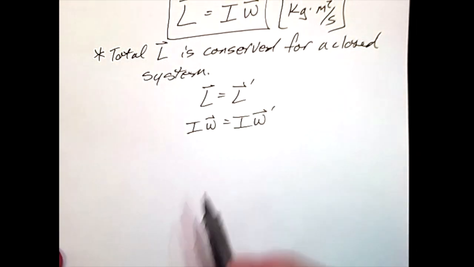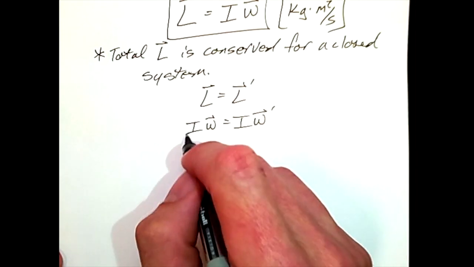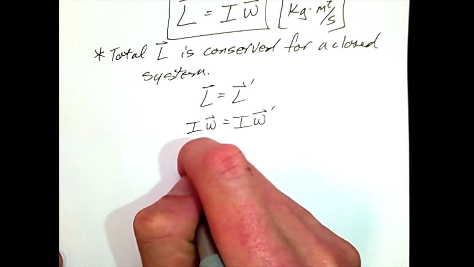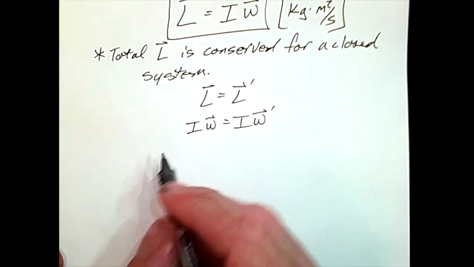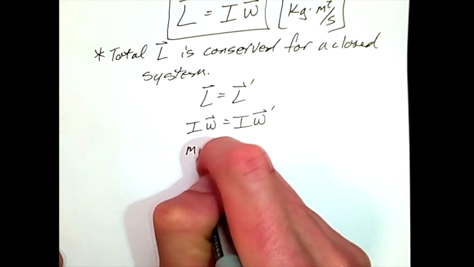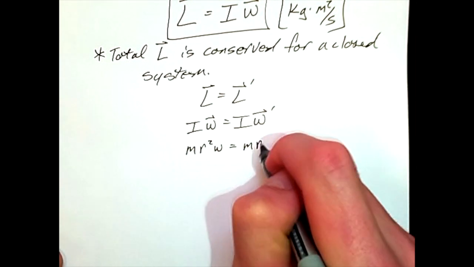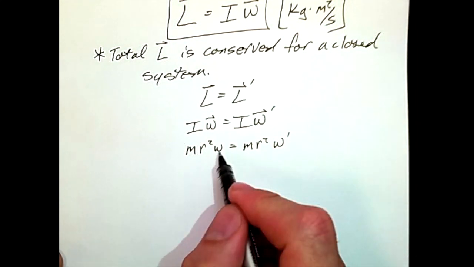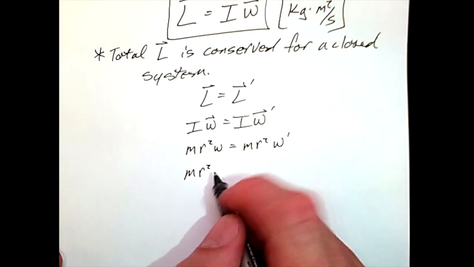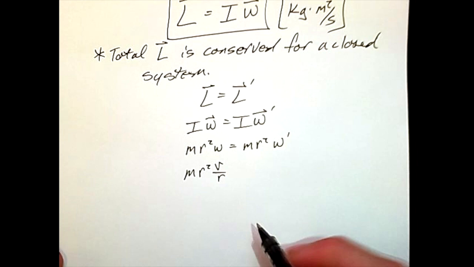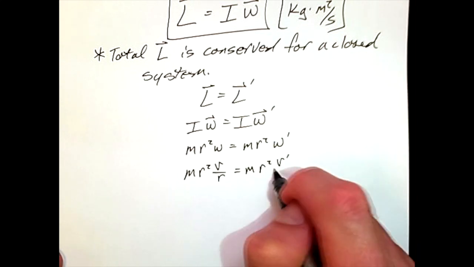If we carry through the variables for omega and I as we saw before, the moment of inertia of an object, let's just assume is a hoop or a point mass for now. The fractions, of course, would cancel out anyway, so it doesn't really matter. Let's say mr squared times omega is equal to mr squared times omega prime. Omega we can put in terms of our linear velocities. So we have mr squared times v over r equal to mr squared times v prime over r,